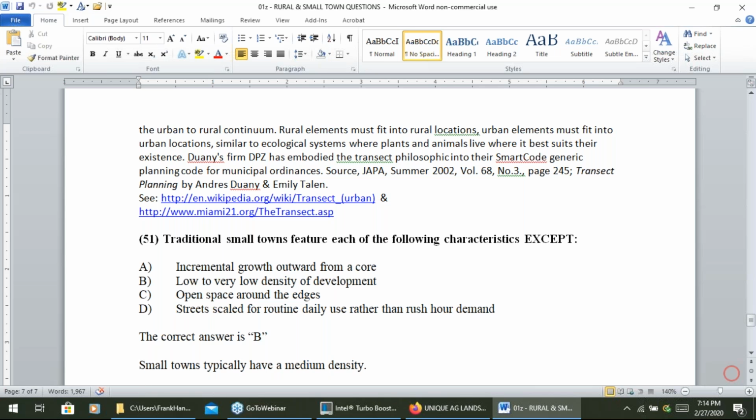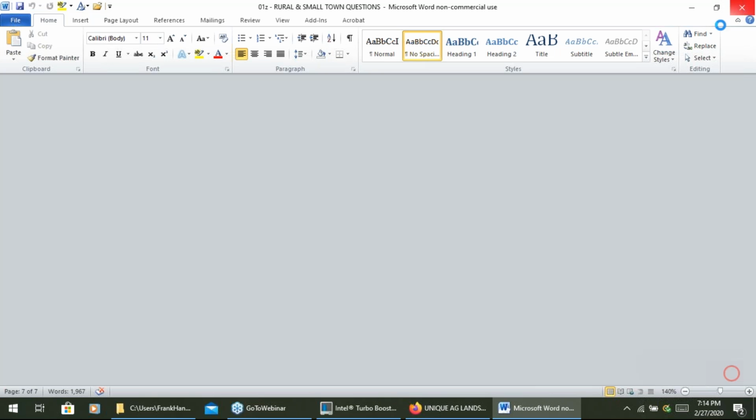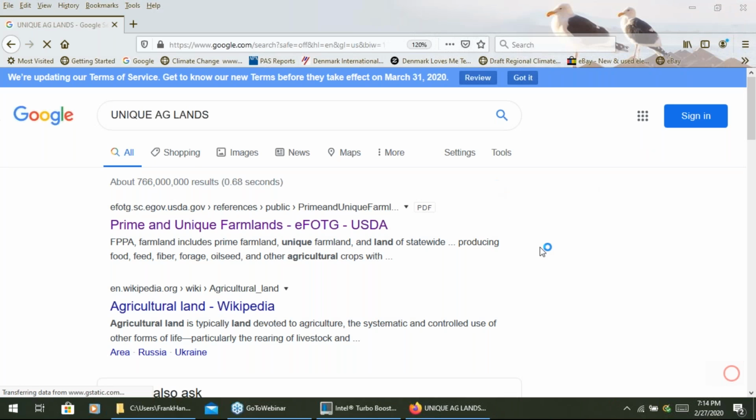Low density would be like 1 unit per acre, and in very low density, you start talking about 1 unit per 10 acres or something like that. So that's rural small town planning. You should know almost everything you need to know to pass the exam now on that topic. You may only get a couple questions, but you know what they are.